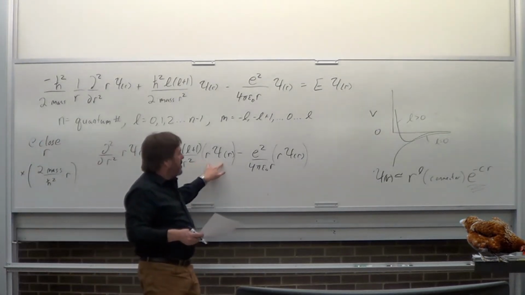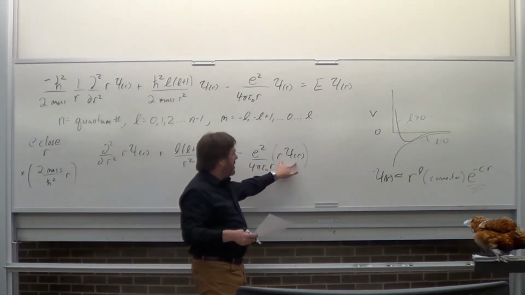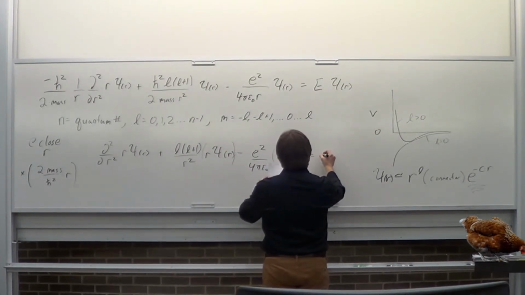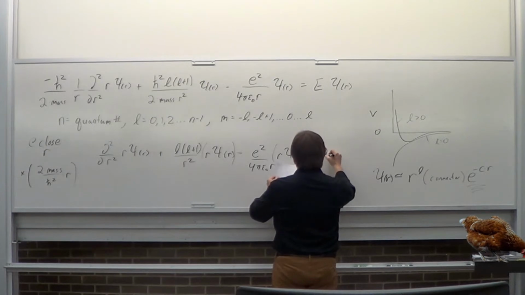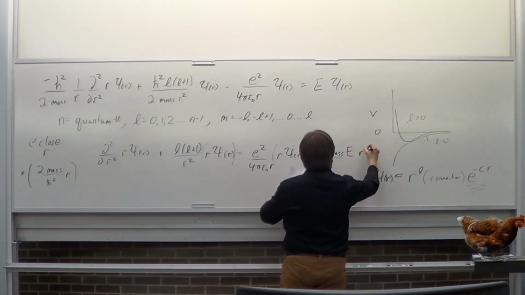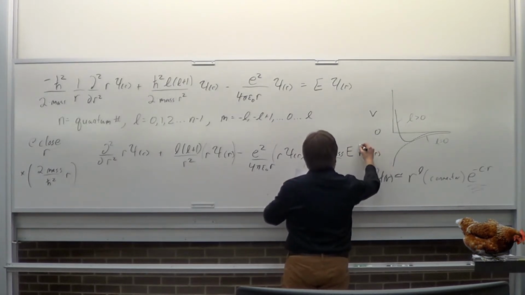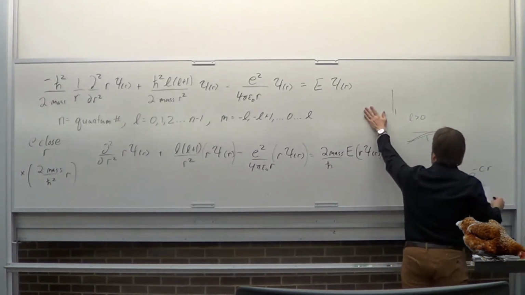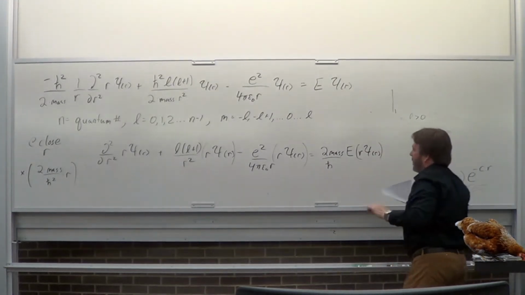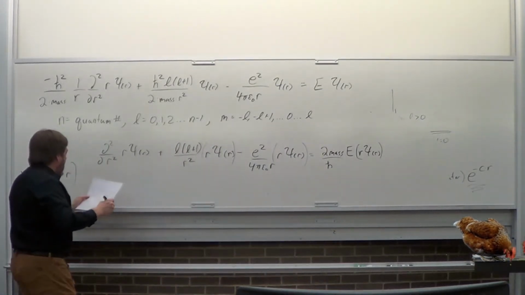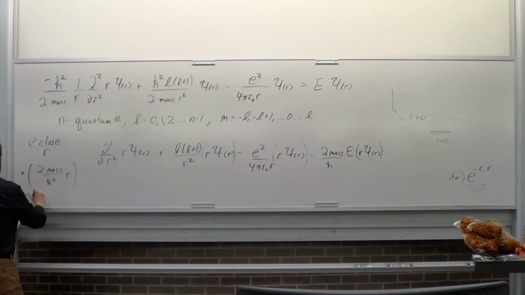So what we like to do to make the solution easy for the mathematicians is multiply everything by r. So they're not actually solving for the wave function, they're actually solving for r times the wave function. And again, if you are interested in the pure mathematical derivation of the answer, then that's actually kind of important. Okay, so there's that. All right, now at low r,